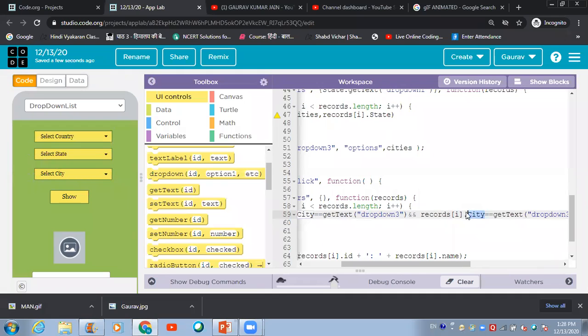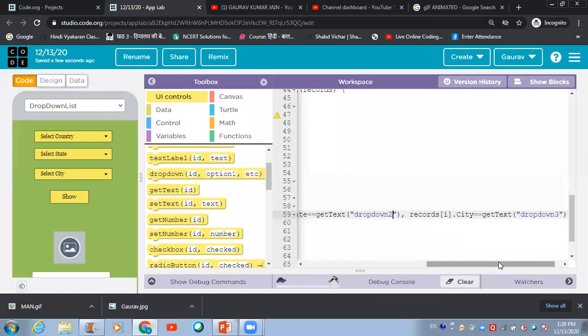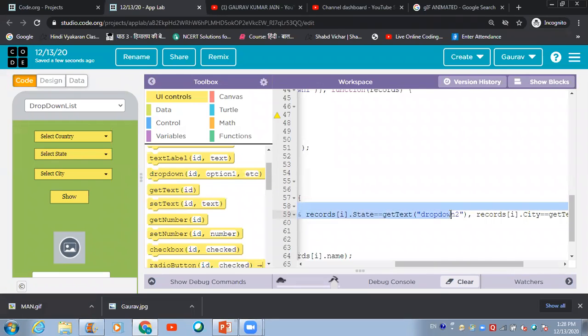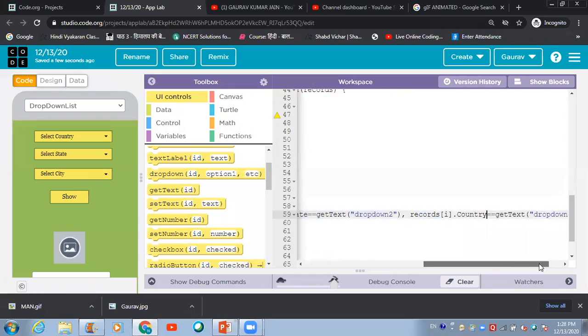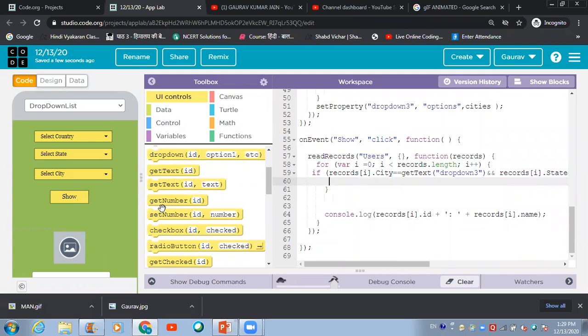Okay, and here we are going to replace this with state. Now this state name should match with the selection which the user is going to make in this drop down 2, and the name of the country also should match with the one which the user is going to select in this drop down 1. Okay, and if this condition is true, so we would like to